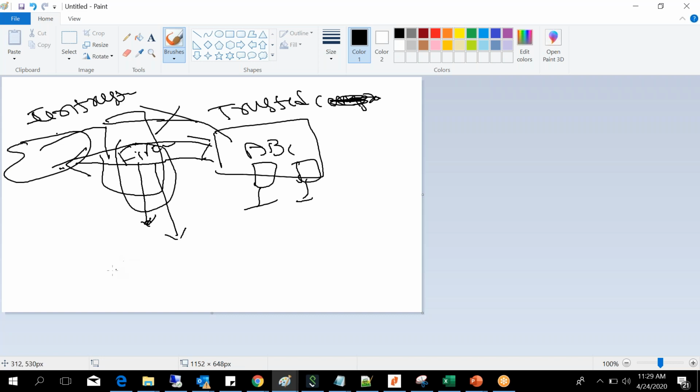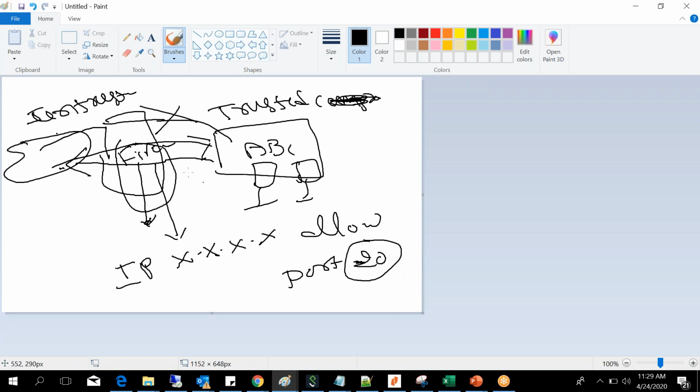I have to write a rule in the firewall saying that any IP of X, allow with a port number of, say, 20 or 21. So you write a rule in the firewall saying, hey, this guy is authorized to enter the network, so please allow this guy. So you have to write a rule.